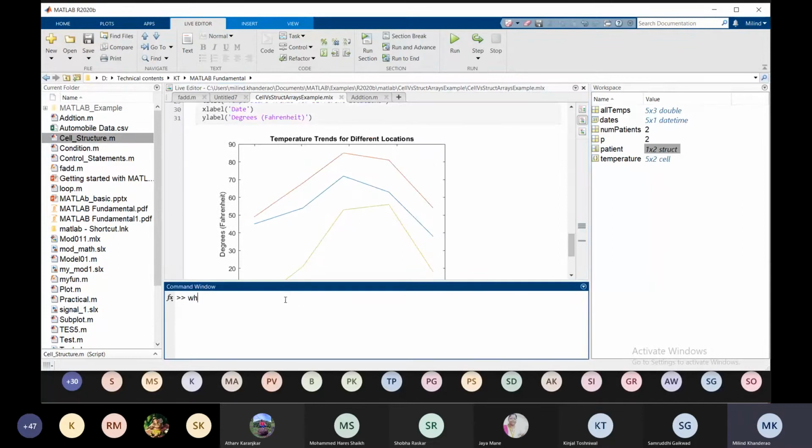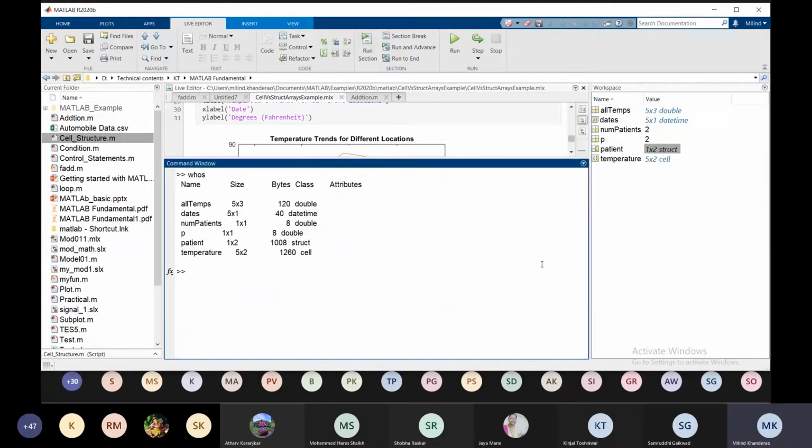Now we'll see the command for this. See the information of the particular variables and values in your workspace. Some have the double class, some have other formats, let's say datetime, then double, structure, and cell. So this is the difference between cell and structure.